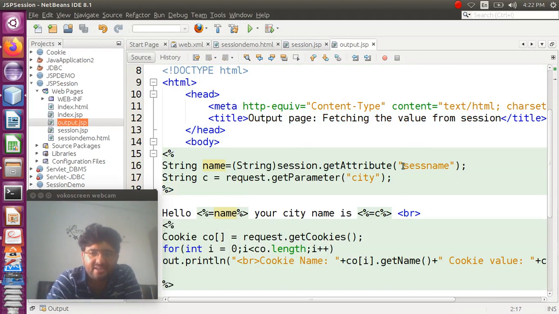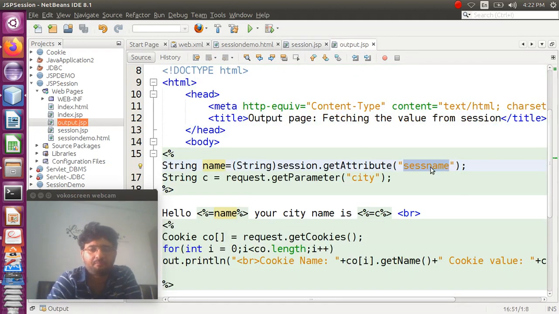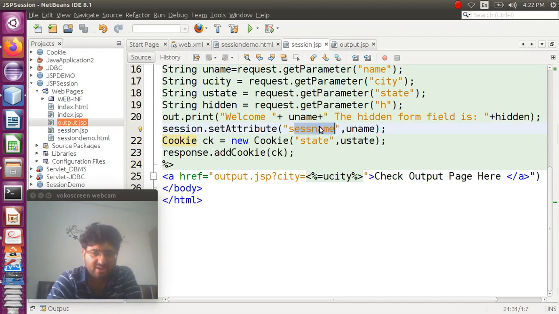Okay, and here what is the name of the session attribute? That is sesname. So this sesname and this sesname should be the same. Whatever parameter I am passing here should match with the name here.